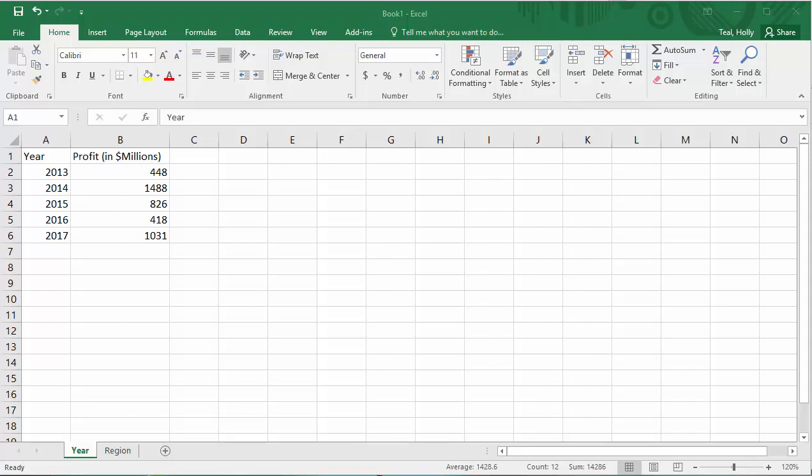This is an example of creating a bar chart when we have a summary data table. In other words, we didn't have a raw set of data that we had to compile into making this. We were given the data to start with. If we were to try and make a bar chart out of this, if I were to highlight the data